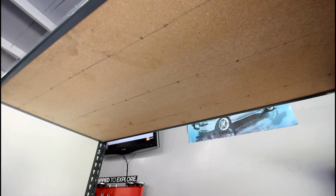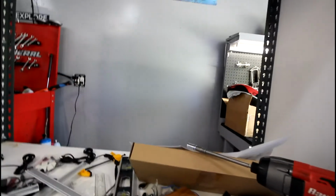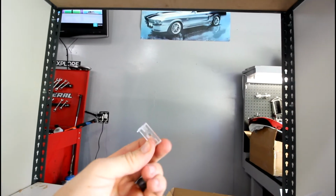Okay, so 15 painstaking minutes later of measuring and marking all the places I want to attach the lights. I also made an oopsie thinking I had 9 lights, but I really only had 6. So I have 3 rows of lights, and then there'll be 2 lights per row, and it'll be above each printer. And then what I'm going to do is use these little plastic clips that came in the kit, and I'm going to screw them into the points where I marked,